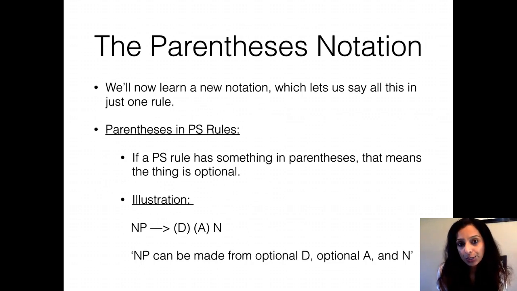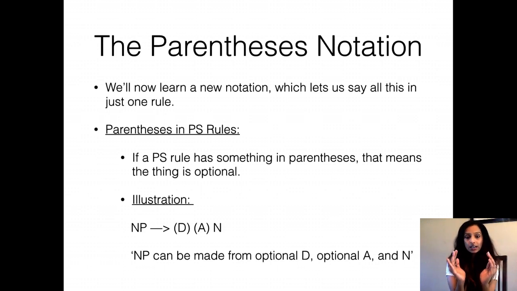I'm going to introduce to you what we call the parenthesis notation, right? So the parenthesis notation is basically an optionality that you can actually see within the sentence. So let's take the rule NP goes to D, A, and N. And as you can see, the only thing that's required to make an NP is a noun, right? And that's the only thing that is not an option. Everything else within the sentence is an option. So you can have an optional determiner, you can have an optional adjective, but you always need to have an